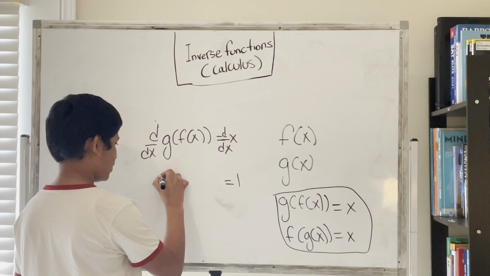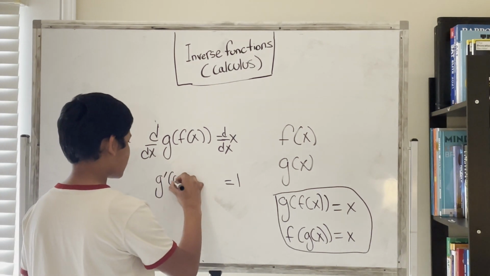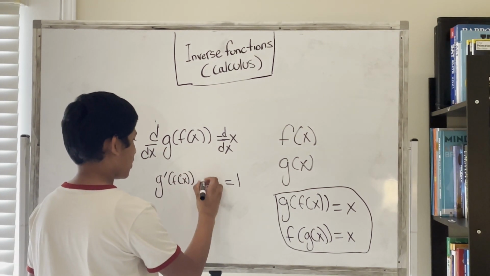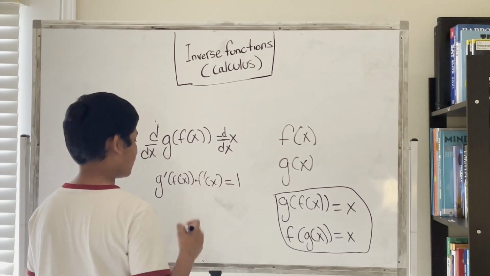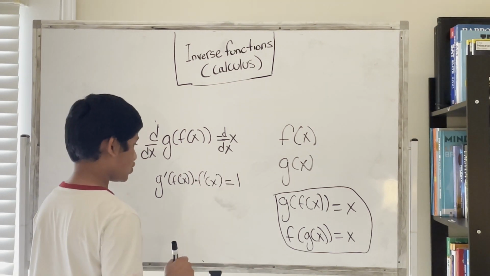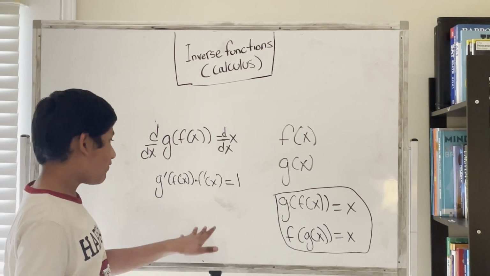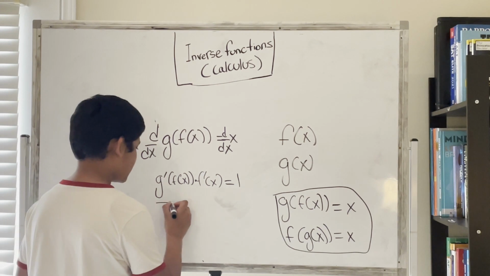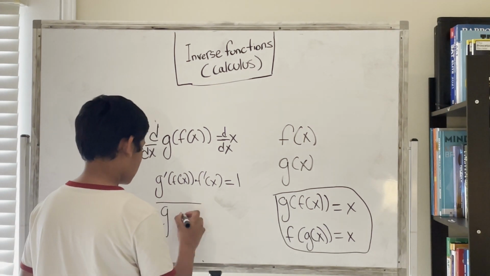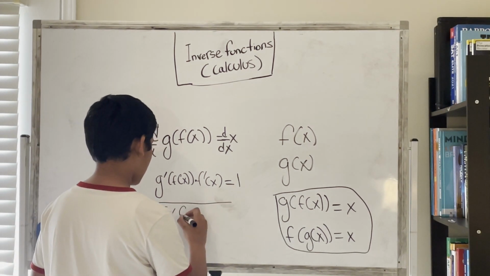We'll get g prime of f of x times f prime of x. So now that we have this relationship, we can actually divide and solve for f prime of x. So let's divide by g prime of f of x